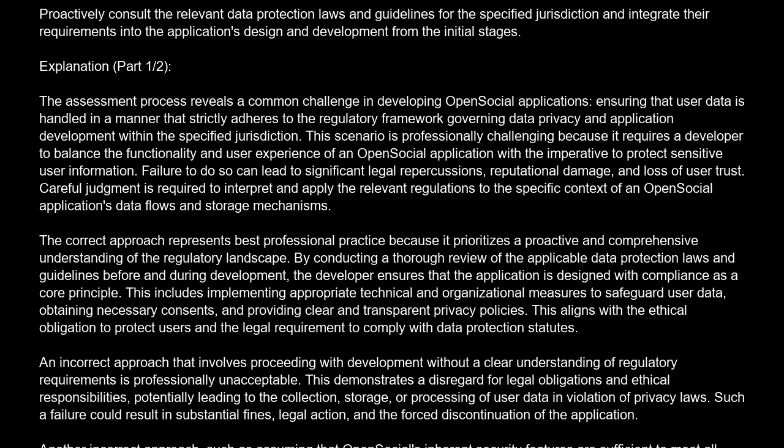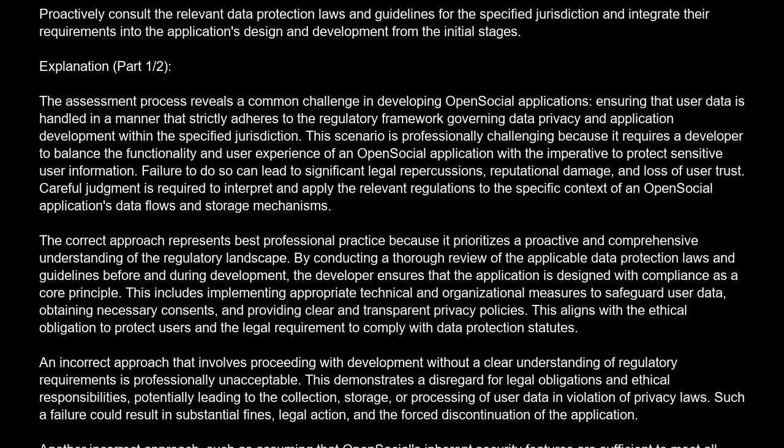The correct approach represents best professional practice because it prioritizes a proactive and comprehensive understanding of the regulatory landscape. By conducting a thorough review of the applicable data protection laws and guidelines before and during development, the developer ensures that the application is designed with compliance as a core principle. This includes implementing appropriate technical and organizational measures to safeguard user data, obtaining necessary consents, and providing clear and transparent privacy policies. This aligns with the ethical obligation to protect users and the legal requirement to comply with data protection